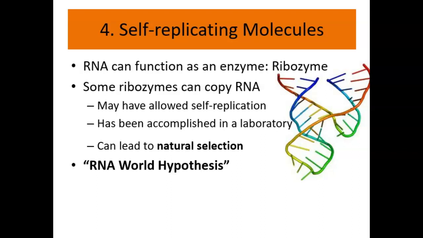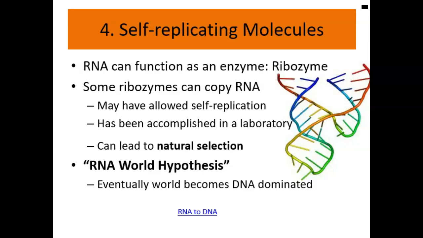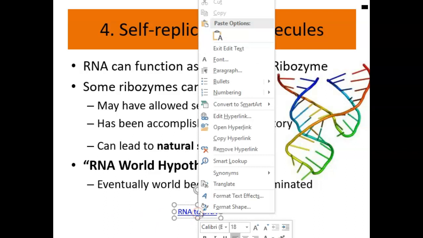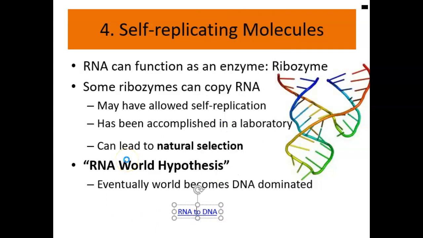Now, this has led to an idea known as the RNA world hypothesis, which basically says that the earliest organisms probably used RNA as their genetic material. And then at some point, there's this switch over to the world becoming DNA dominated. Right? And so starting out with the RNA world hypothesis, and then eventually DNA becomes the genetic material used by all living organisms. So I have a short video here that is going to show that person who's doing research in that